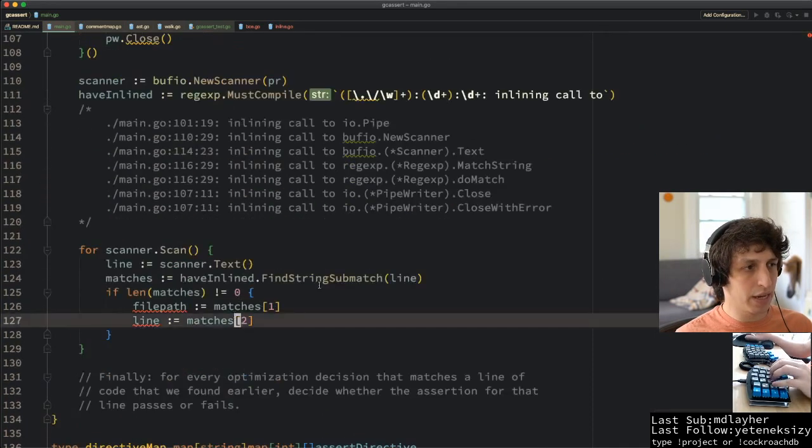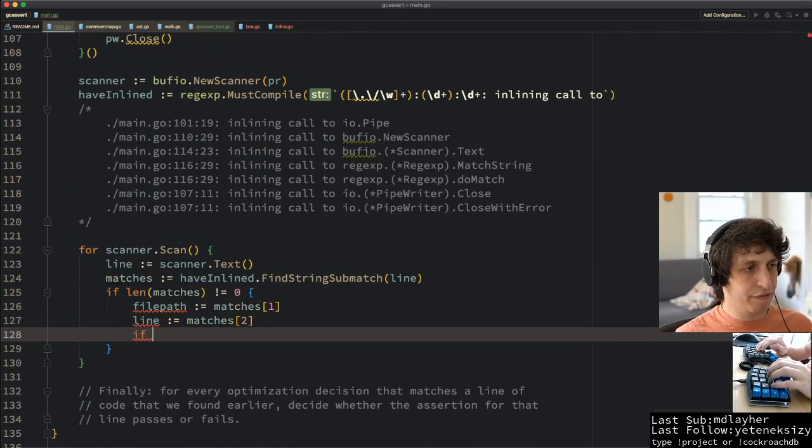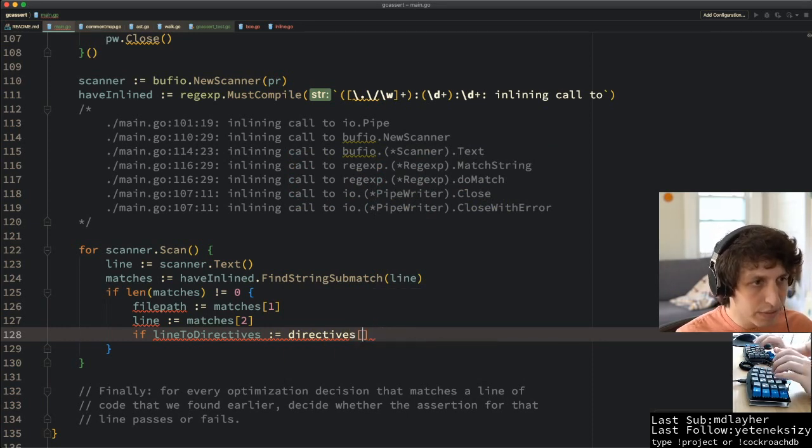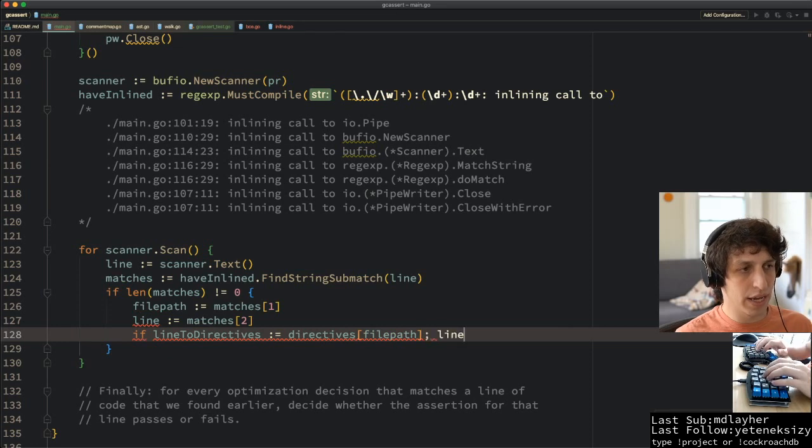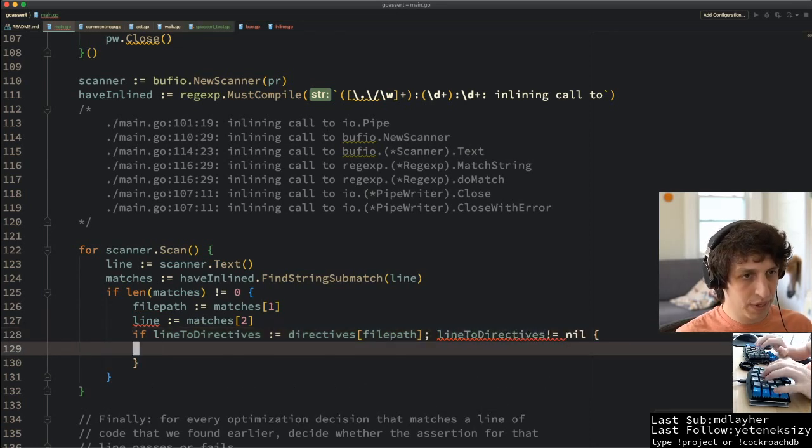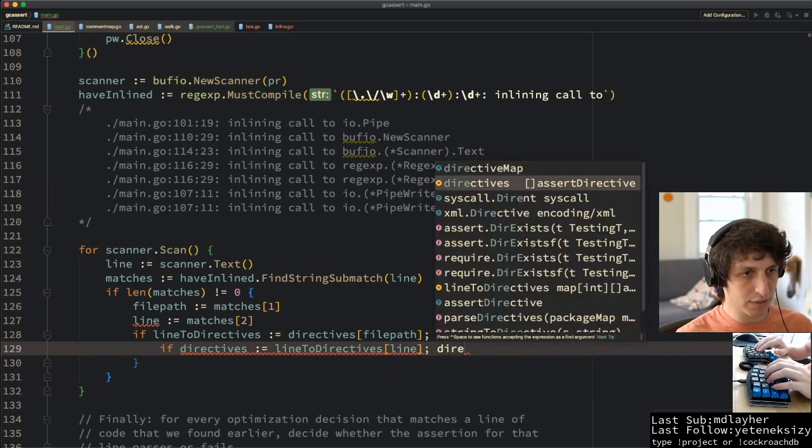And then I need to say if line to directives is equal to directive map of file, whoops, directives of file path, and line to directives is not equal to nil, then we do the same thing for the line map. So if directives is equal to line to directives of line and directives is not equal to nil,